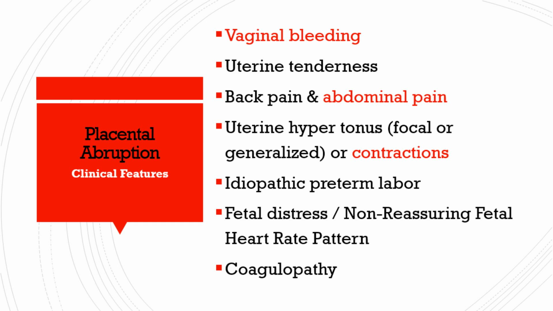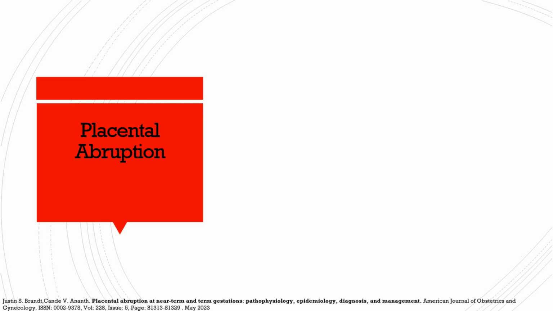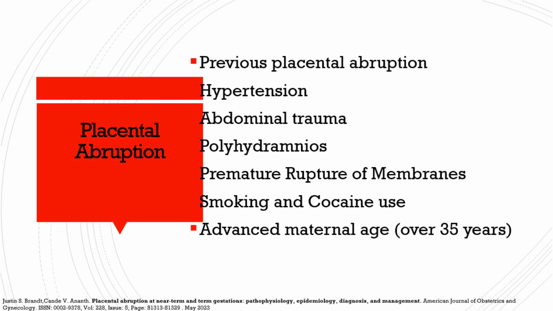All or most of the blood is trapped between the fetal membranes and the uterine wall rather than escaping through the cervix and vagina. A non-reassuring fetal heart rate pattern may be present. These are the risk factors for placental abruption, of which a previous history of placental abruption is the most important